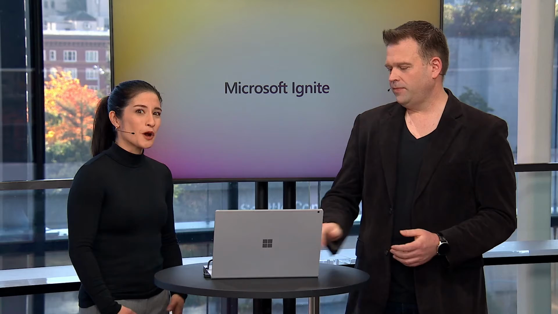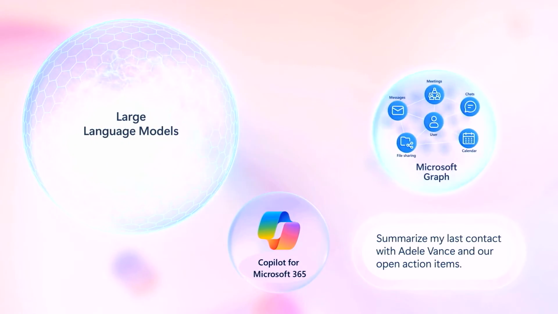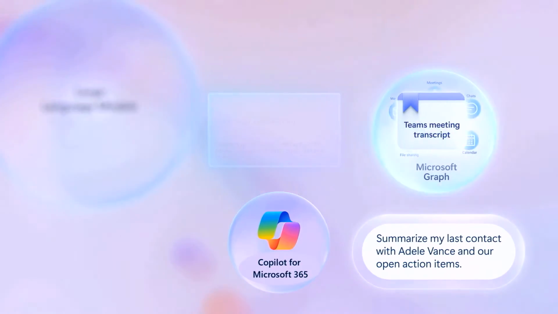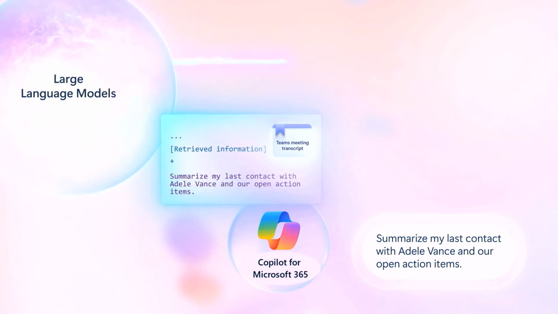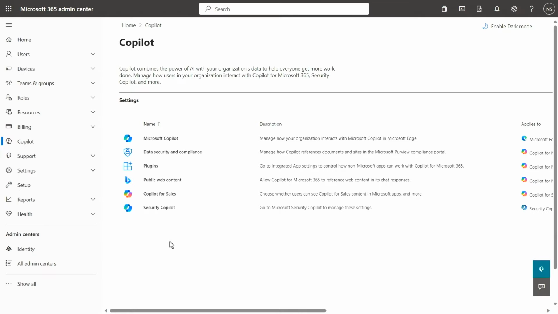Welcome. Yes, thank you. So at its core, Copilot for Microsoft 365 takes your prompt and then it goes to the Microsoft Graph to get additional information that it can send to the large language model to generate an informed response to your question. Right, and that's really important in terms of the information that you set up. And the retrieval aspect is something that you can control from an admin perspective. And we have a couple of options there on a few different fronts that you can prepare for as an